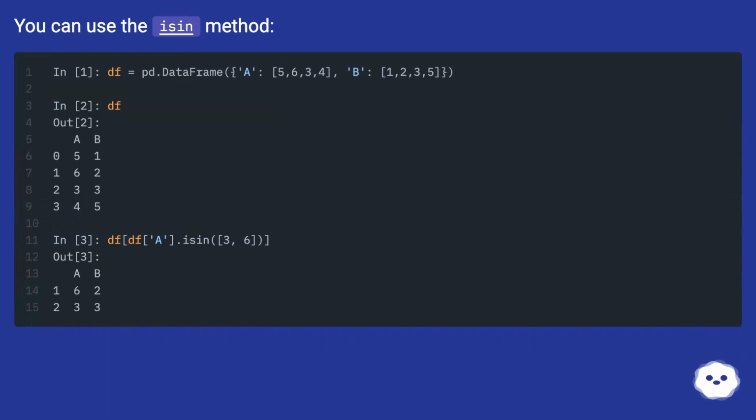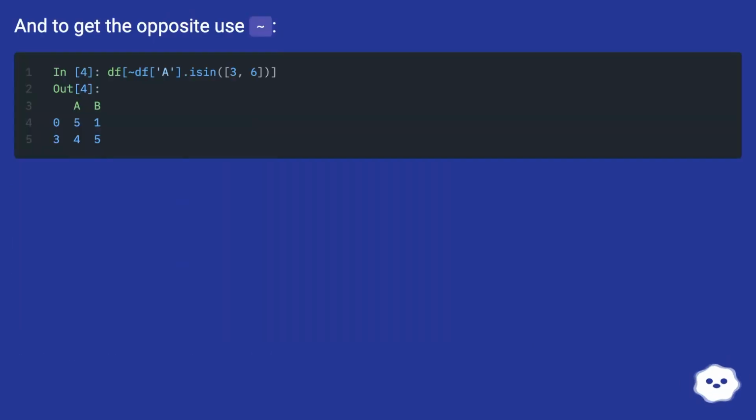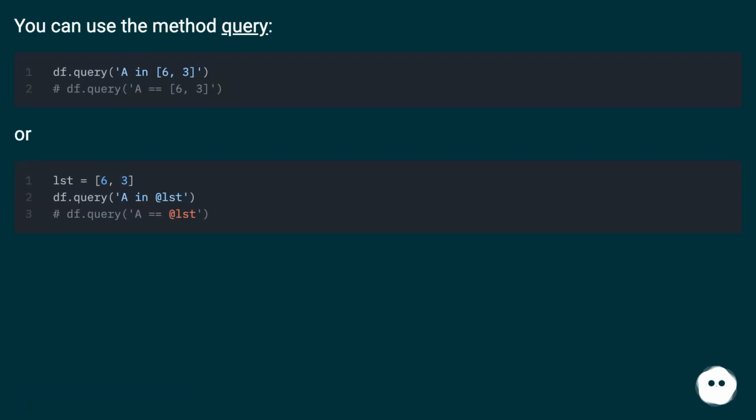You can use the ISIN method. And to get the opposite, use tilde. You can use the method query. Or